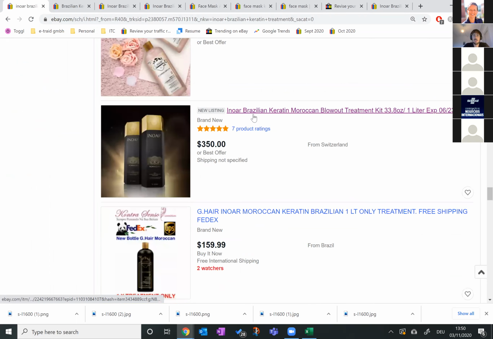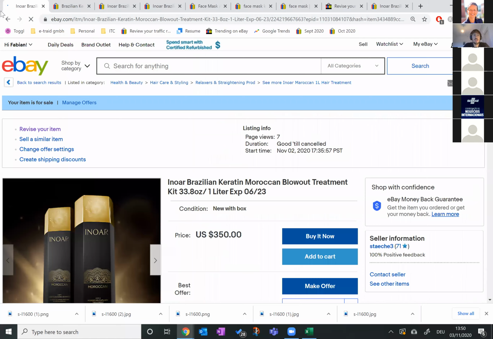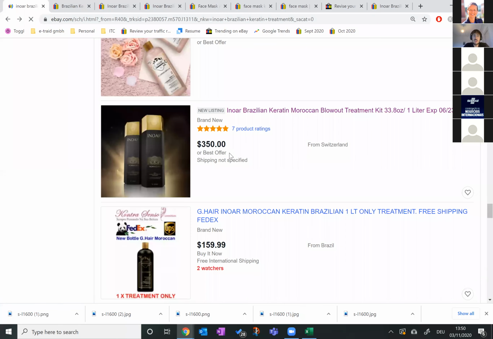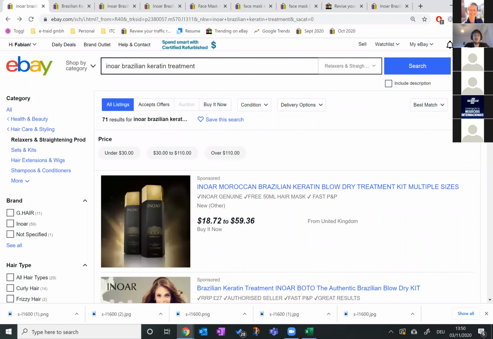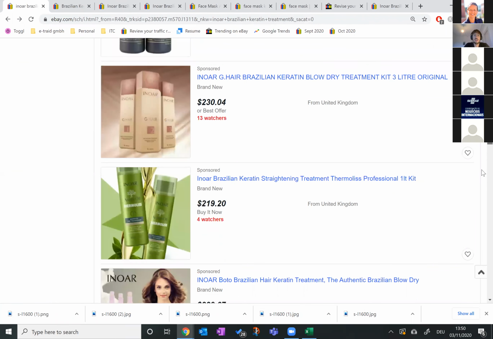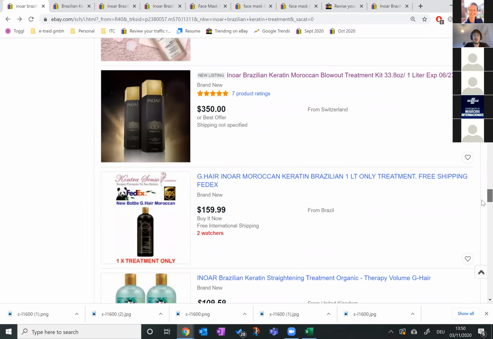So here's my product. This is mine from Switzerland for $350. As you can see, I'm pretty low on the list. Of 71 items, I get a pretty low placement. That's just because I'm super expensive, and I don't have